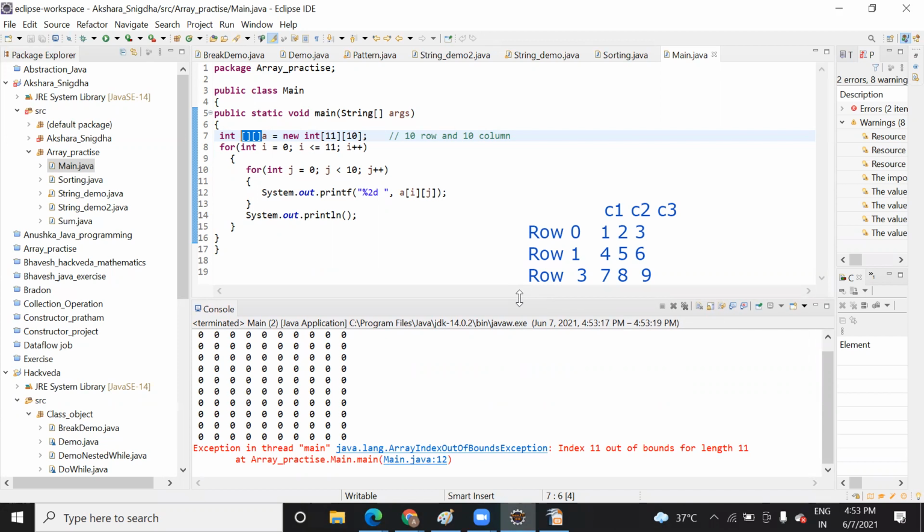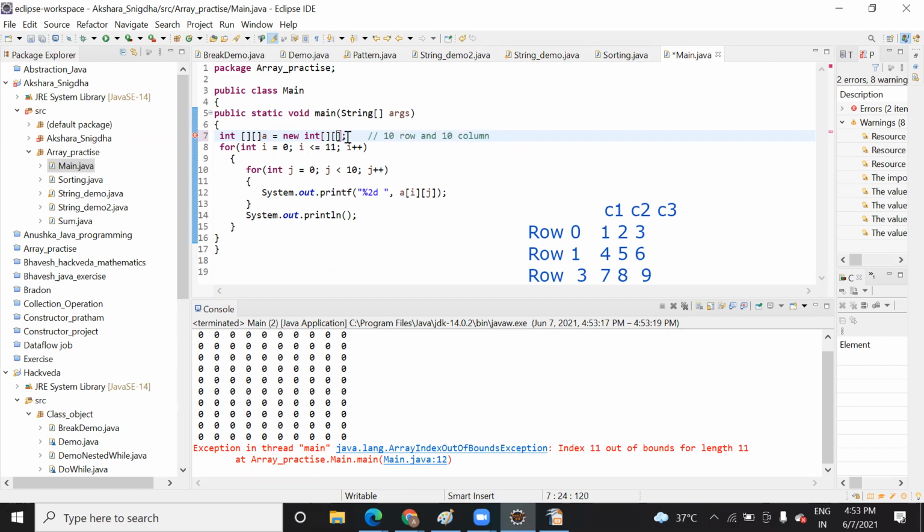Yes, because you have given 11. The thing is that my row will be equal to 11, which means it will go from 0 to 11, so it will create 12 rows. But I have given the size as 11, so it will give an array index out of bound error.